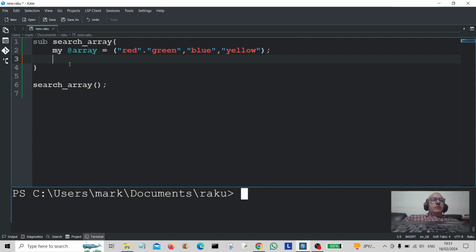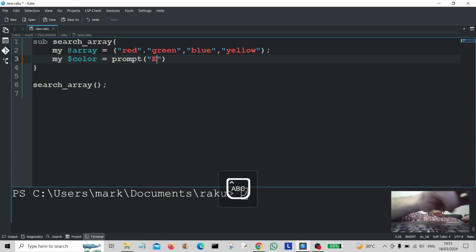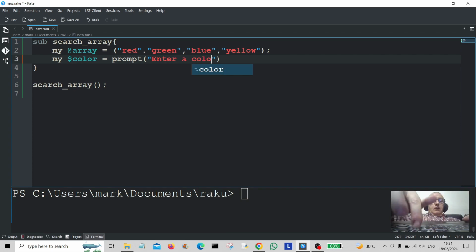Whoops, not there, I'm not. This is going to be called my scalar colour, and I'm going to get some user input using prompt. So we'll ask the user to enter a colour. So we'll get the user input there,